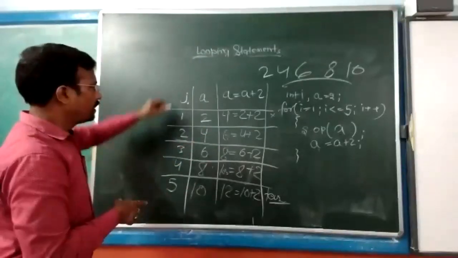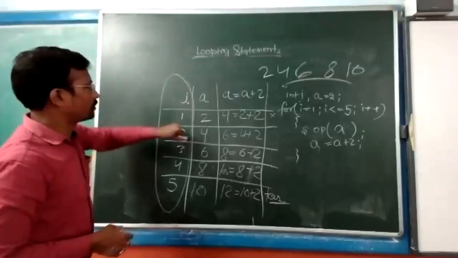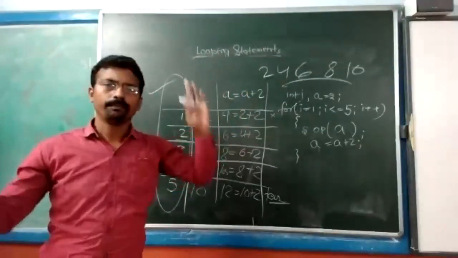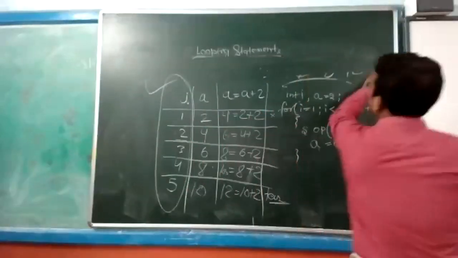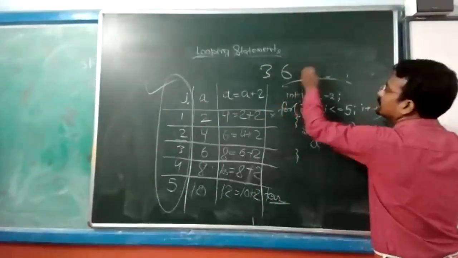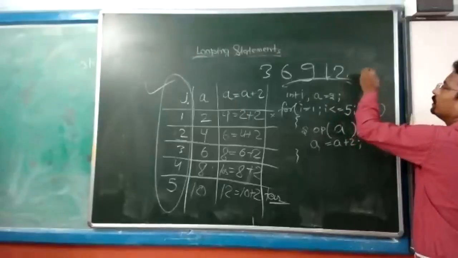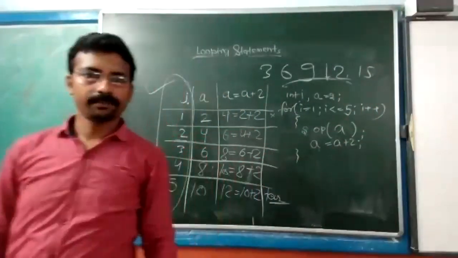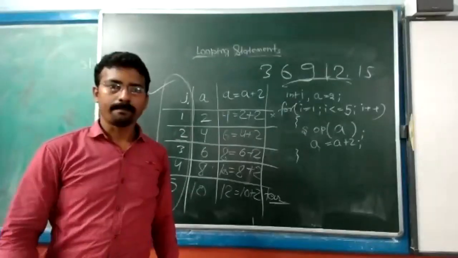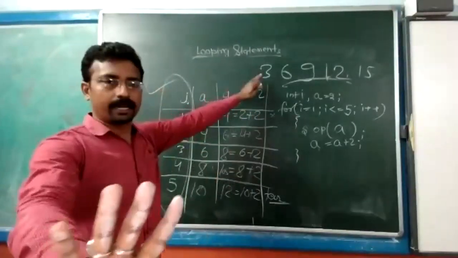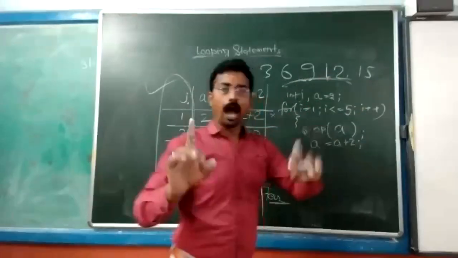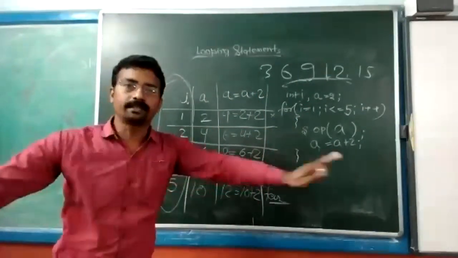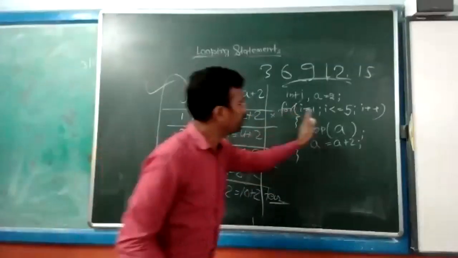Now focus. We do not have to worry about this execution. Let the execution go. If I have to change the series to 3, 6, 9, 12, 15, how many times is it running? How many times? 5 times. How many results are required? 1, 2, 3, 4, 5. You need not do a major change in the loop. The loop is already going 5 times.